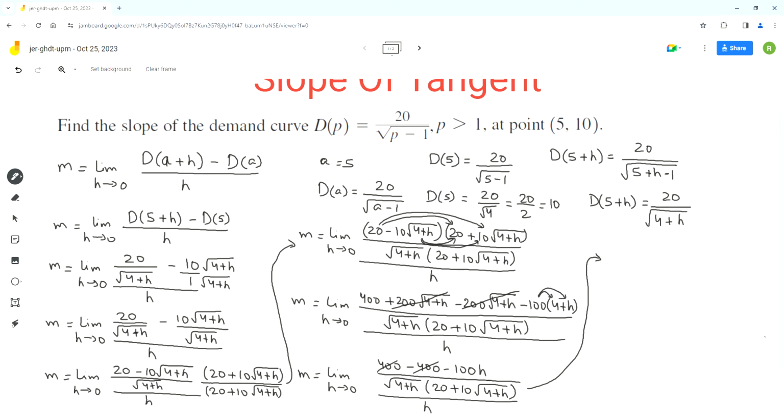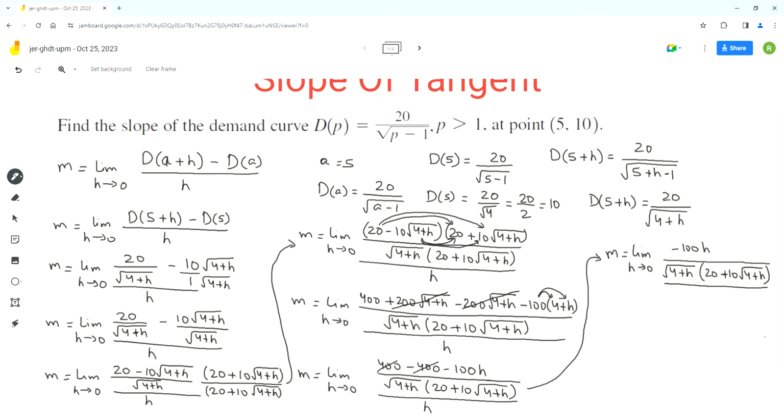So we get m equals limit h approaches 0. So negative 100h over square root of 4 plus h times 20 plus 10 square root of 4 plus h